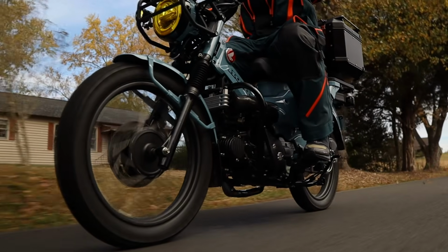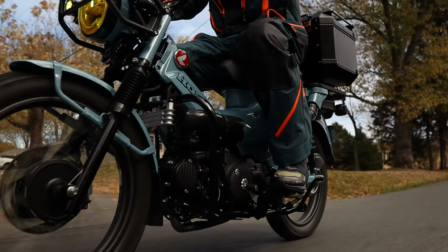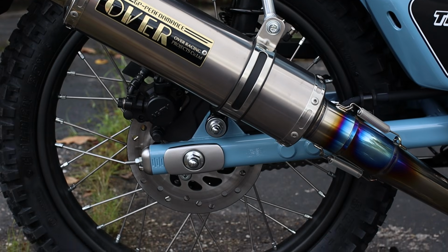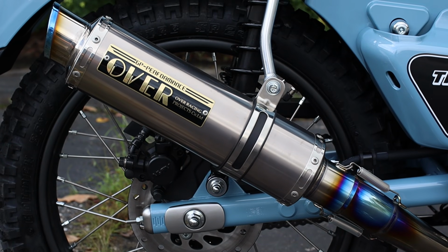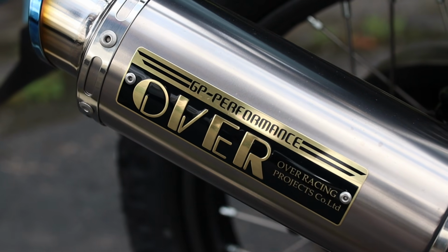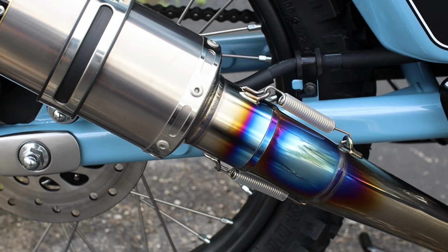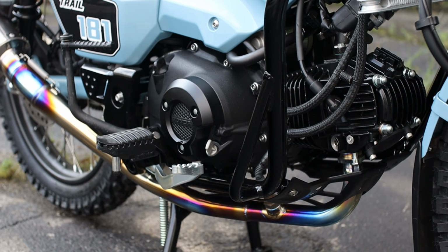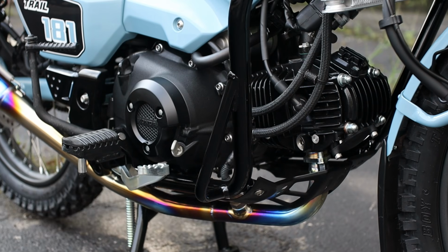And now that we've got all that extra air coming into the engine, we need to let it out, and that's why the stock pea shooter exhaust was thrown to the side for this full titanium over racing GP performance exhaust. Not only does it let more airflow, it's also sexy as all get out with the titanium changing colors, and the icing on the cake, aside from giving you more sound from the factory exhaust, which sounds like a sewing machine,